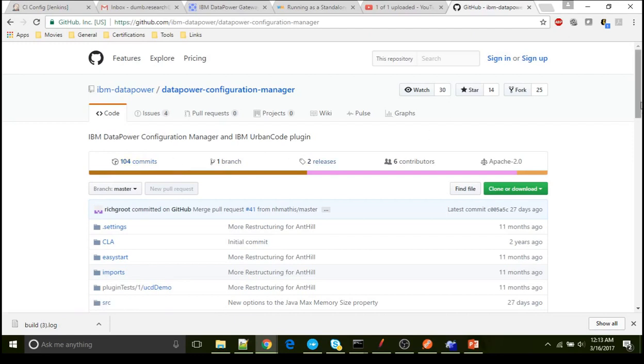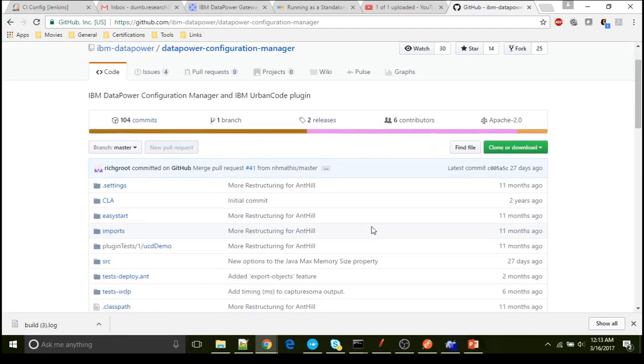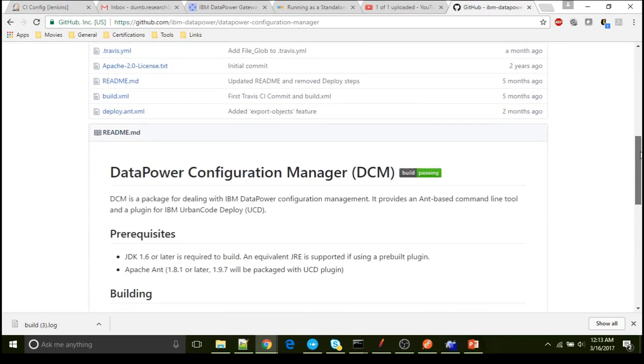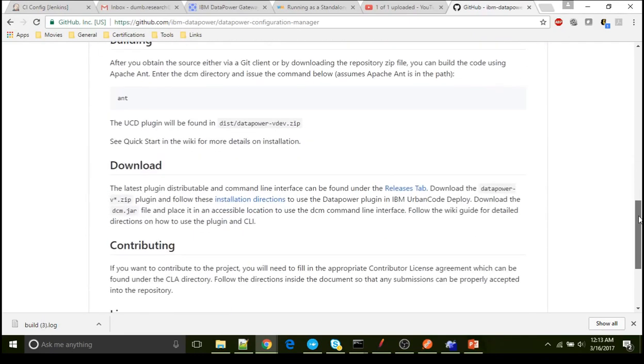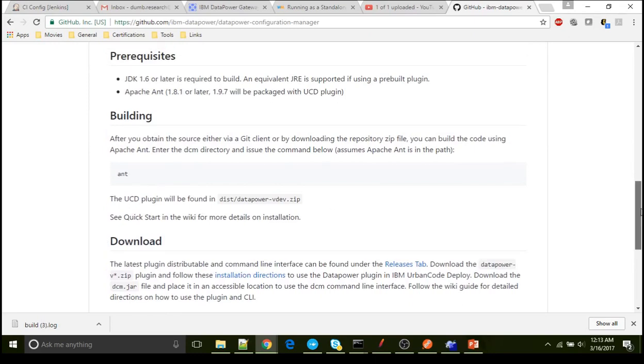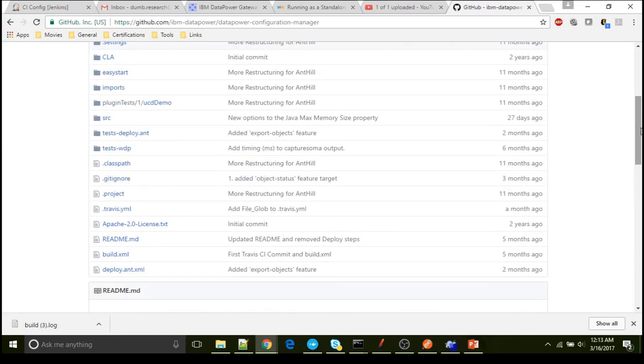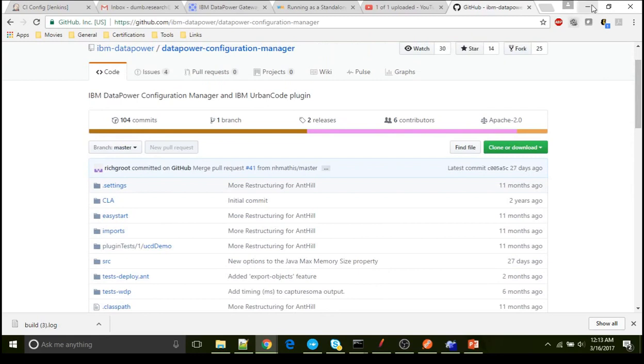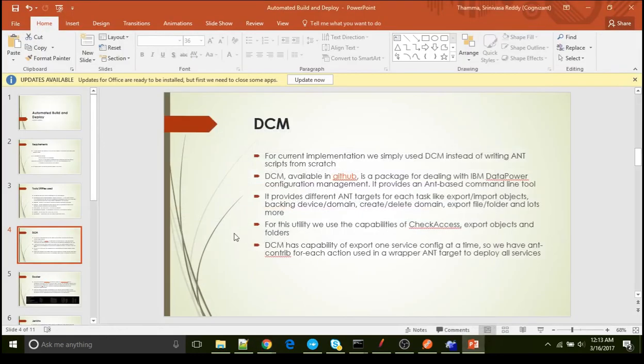They have added extra functionality and committed it here so that others can access it. If you download this now, you'll get the latest version, and you can see there are six contributors for that one. This is a really pretty good tool, and they also have an UrbanCode Deploy plugin. However, we don't really require that here. That's about DCM.